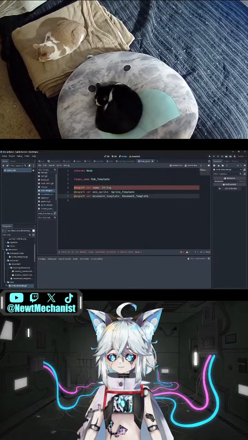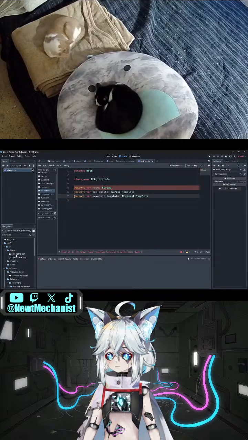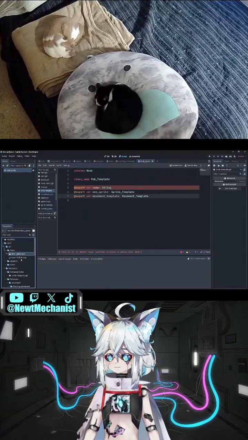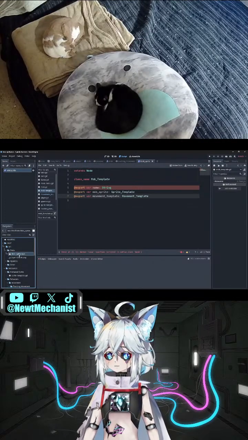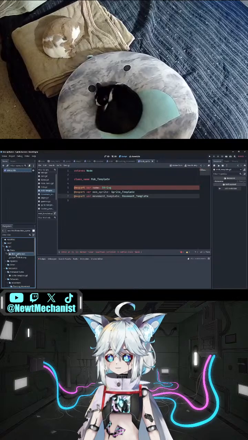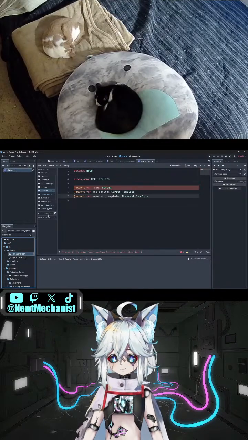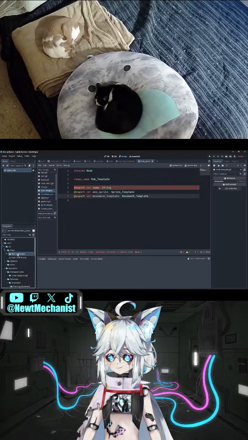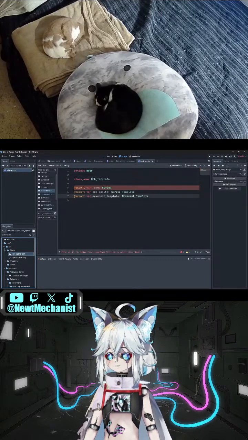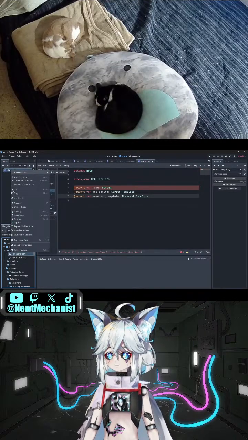Okay, so we have a sprite template and a movement template and a blob sprite has to be as a